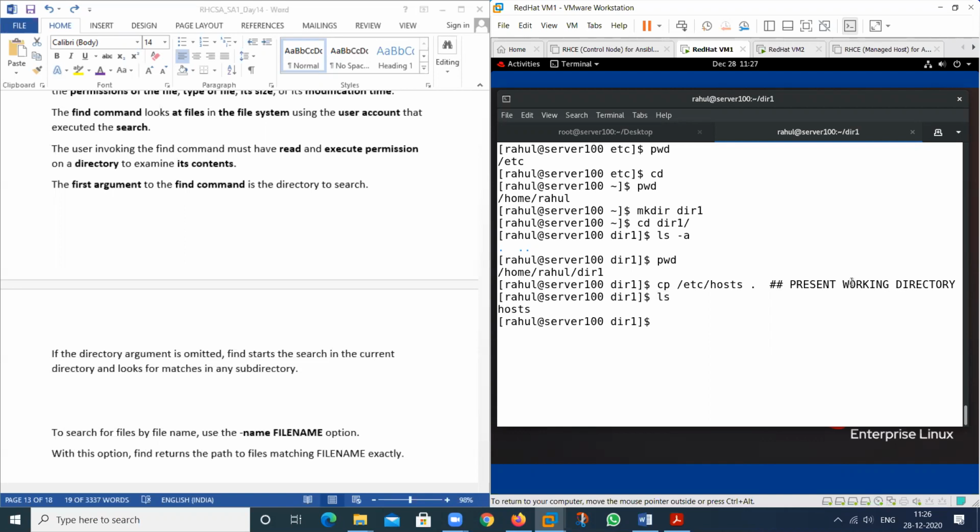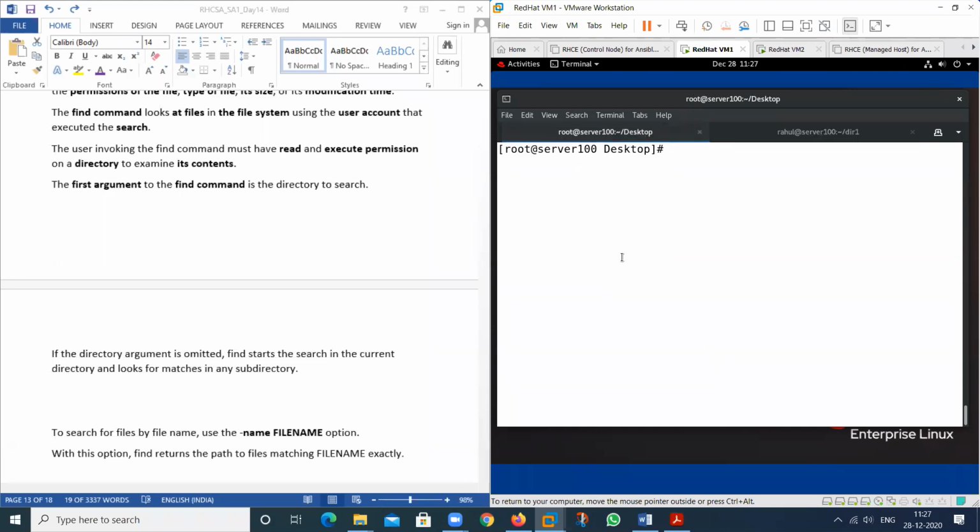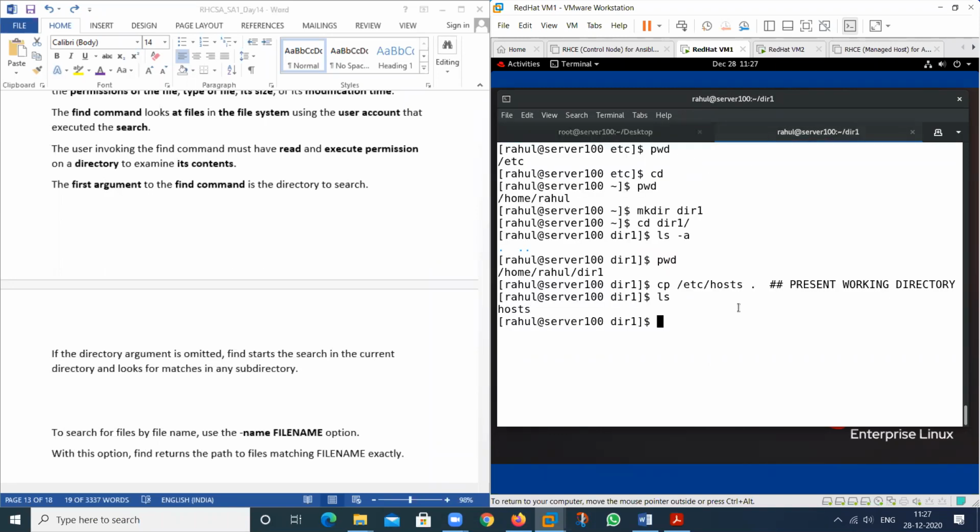So my hosts file will be copied into this particular current location. It means current location is my working directory in this location. So we don't need to type the whole name or the current name. I am in this particular directory, so we need just a dot. I have already told you about this one. See here, I will show.